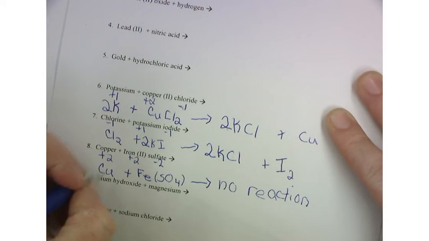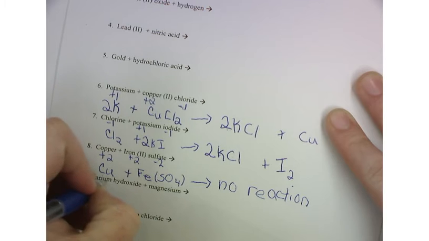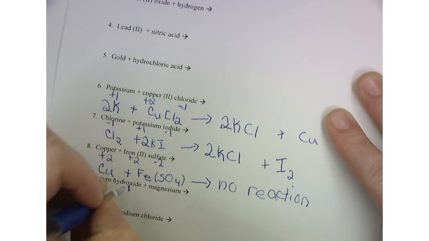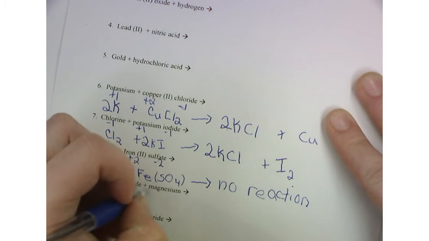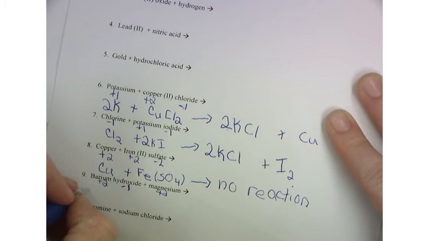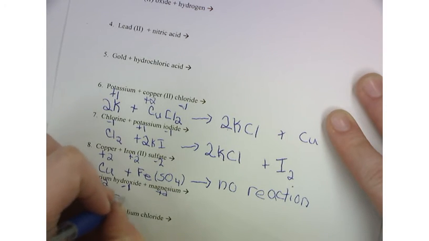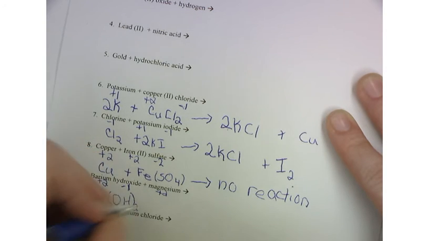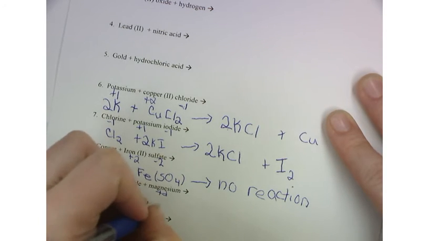So now let's take a look at the barium hydroxide. So barium has a +2 charge. Hydroxide is one of our polyatomics. It has a -1 charge. And magnesium has a +2 charge. So here we have Ba(OH)2 plus Mg